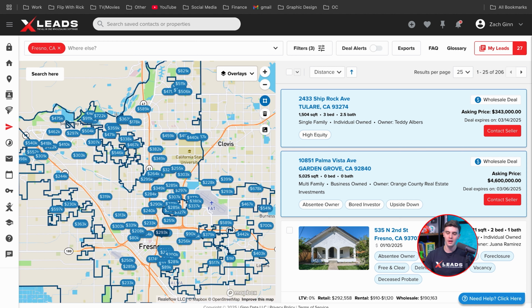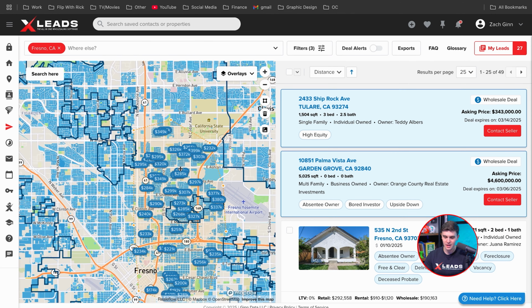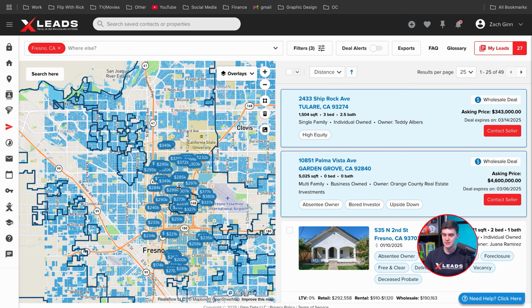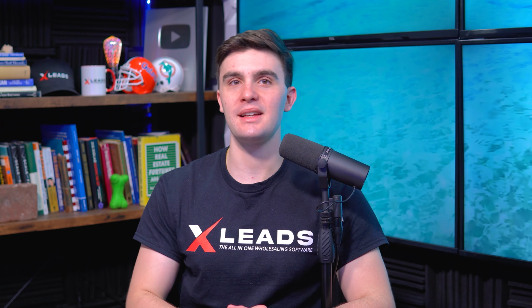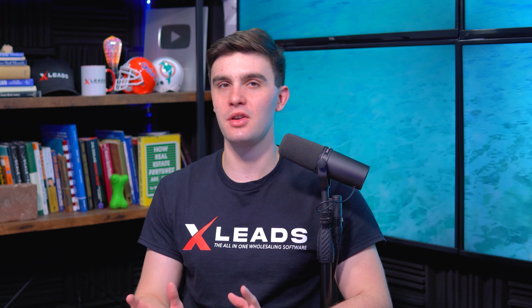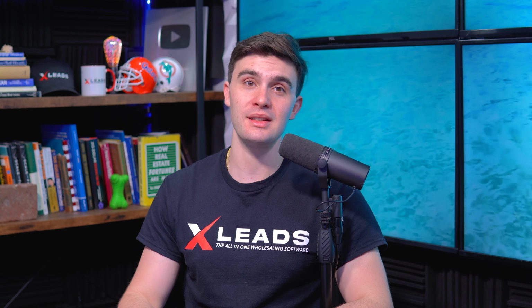So if I had to draw a map of where to target for a market, I'd probably choose here, go here, maybe add here, boom, I can draw a very targeted map of where the top cash sales would be. And I'd probably choose an area just like this. Really get hyper specific on where we want to do our cash sales and skip the areas that we don't want to do. You can even pull a list and ask AI to figure out where the top zip codes are based on all the cash sales. ChatGPT is really good, and we teach that in freewholesaling.com.